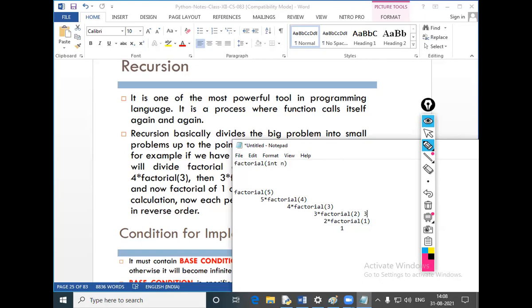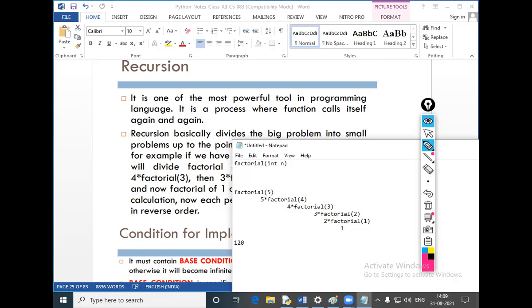So it is 3 into 2, which is 6. Factorial 3 value is 6. Then 4 into 6, factorial 4 is 24. Then 5 into 24. So the output after calculation will be 120 if we are giving 5.